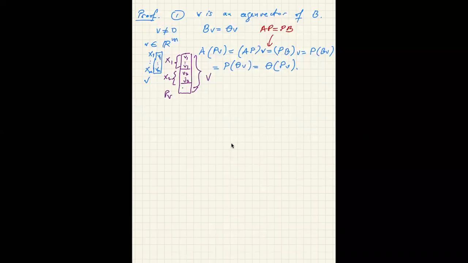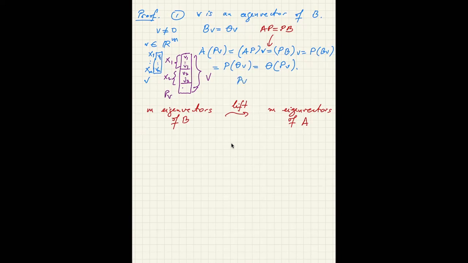Okay, so from any eigenvector of B, we can get an eigenvector of A. So again, like I mentioned before, m eigenvectors of B will lift to m eigenvectors of A. I mean, there's one thing we actually didn't mention is that this PV, in order to be a